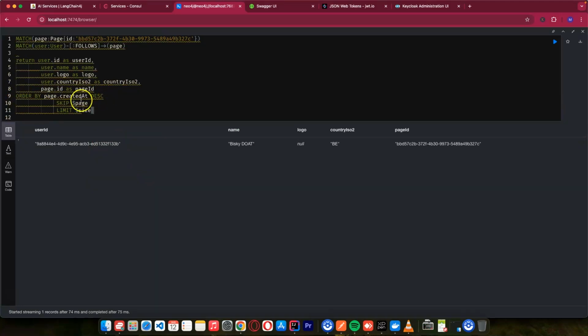Page.created descending at page 0 and the size of 5, and I will do this. You don't see any change, but it has ordered. If I have other users who also have this, so here the date,